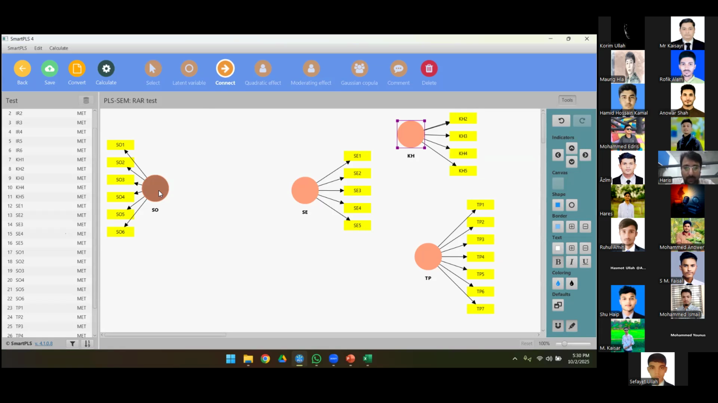I will select SO. I will double click on SO, which is supervisor ostracism. And now you can see there is an arrow coming because I have clicked on connect. So now when I start double clicking on SO and drop it on SE, there comes a green line. That means SO is now related to SE. Now the color of these variables changes, and if their color changes, that means we have successfully connected